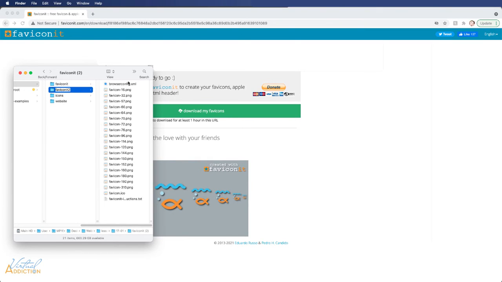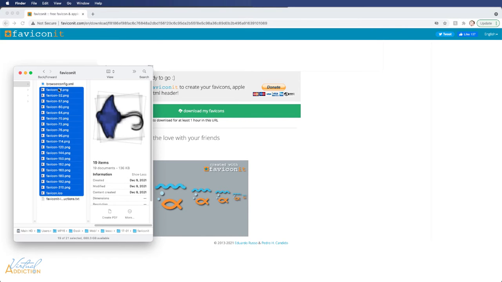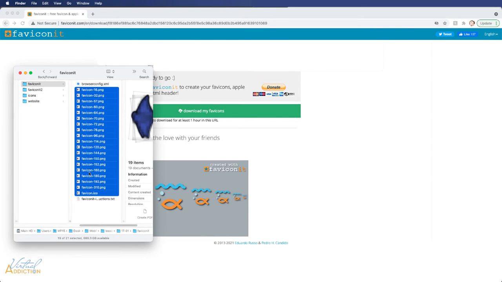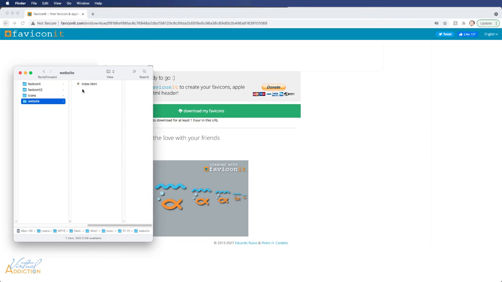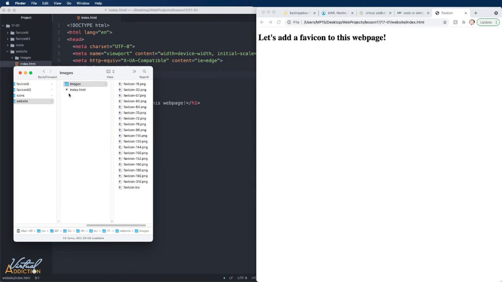Here's my next folder with all of the favicon icons. We'll be using this in just a few minutes so that I can show you the difference between these two icons. I'm going to go into the first folder and grab all of the images that are part of the Batray set. I'll copy these and then I'm going to place them into an images folder inside of my website folder. Now that we have the images part of our website folder, let's look at how we can incorporate this favicon into our web page.